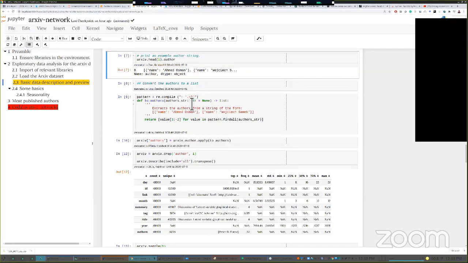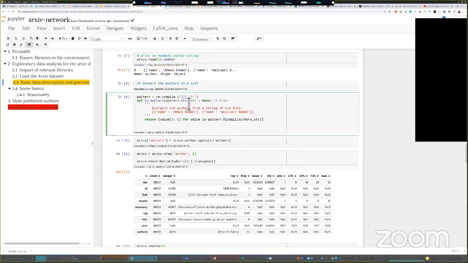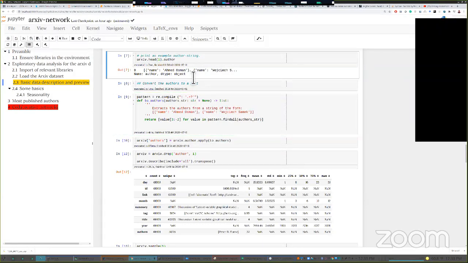So that's what I did. I'm saying start with a semicolon, a space, and a quote. And after that, as many characters as are present, till you hit the first end single quote. When will you hit the first end single quote? Here. So if you look at this text, you would get this kind of match twice on the two authors. So you compile the pattern that you're searching for, and now you can give it any string and it will return you the authors. It will return you the string match.